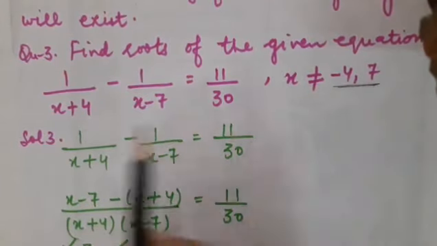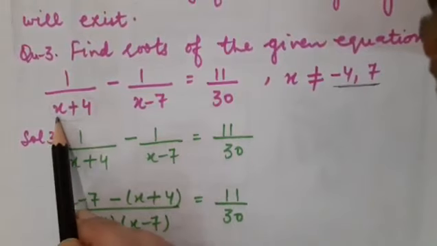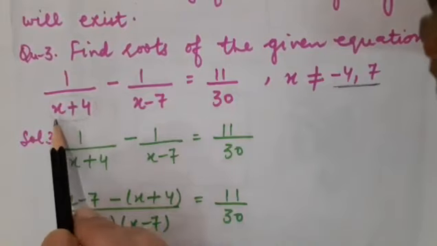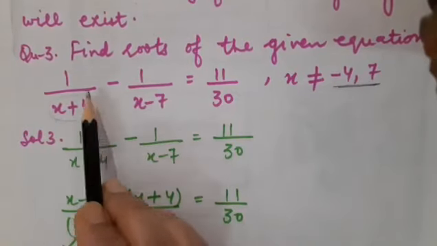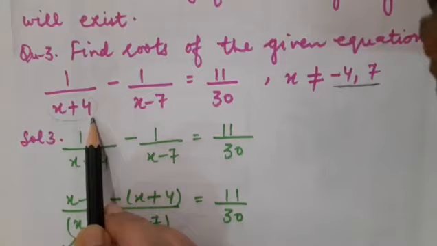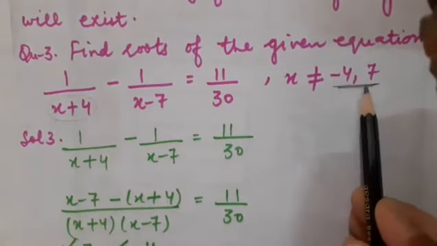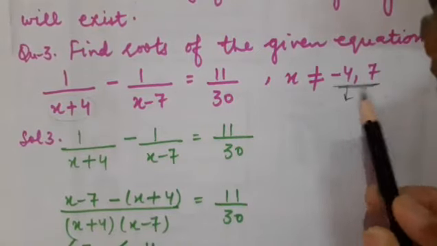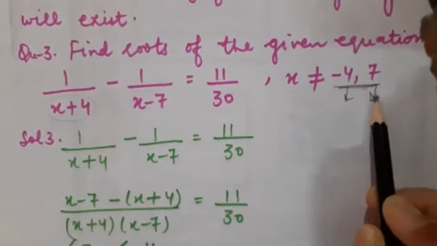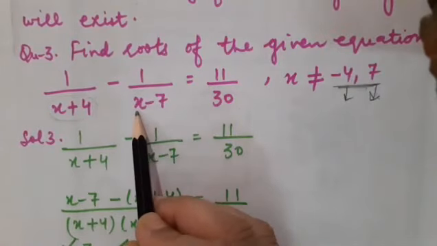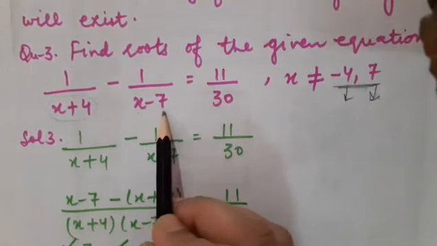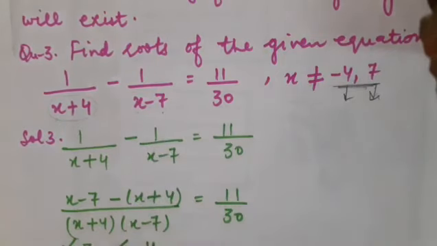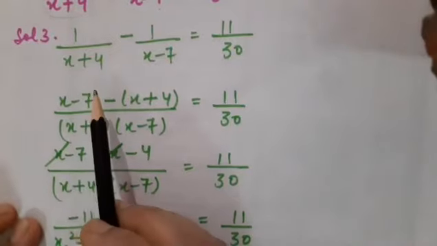Why are these there? See, suppose here I am going to consider that x is equal to minus 4. So minus 4 plus 4 will become 0, and 1 upon 0 is not defined, you know very well. Fine. So the value of x, for such kind of equation, can never ever be minus 4 and 7. The same strategy is applied for 7 as well. If I write down here 7, 7 minus 7 will give you 0. So 1 upon 0 is again meaningless, not defined. Correct, children? So let us simplify this equation first.